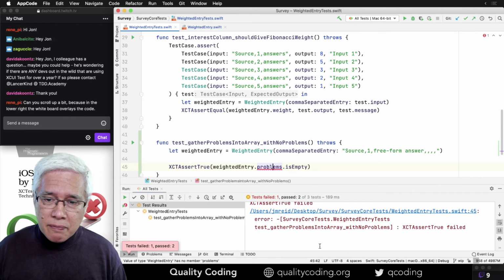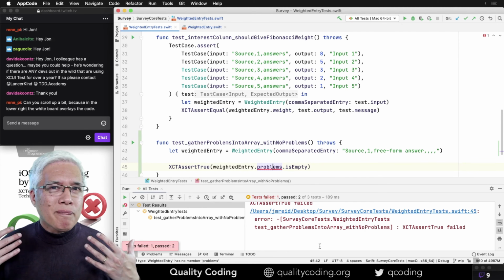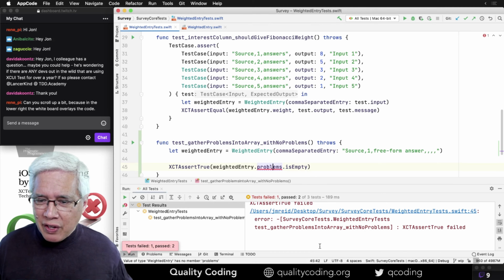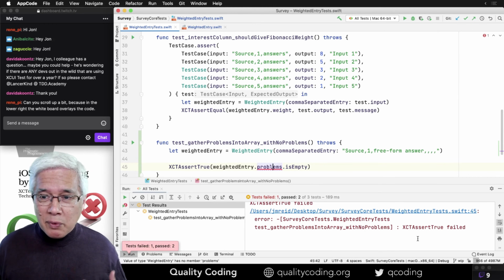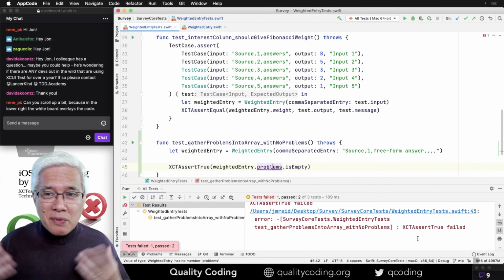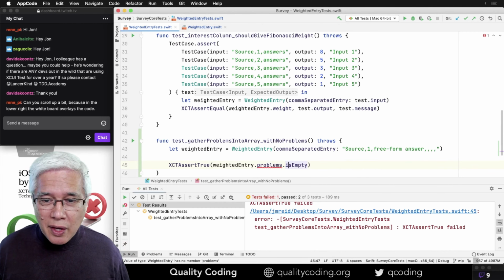And in this case, even though I used is empty, because that seemed more Swifty to say that, look at the problem we have here. This is not something I planned on. With the failure message, it just says failed. Well, it would be useful to know what was in there. Like, if something snuck into the problems, I want to know what that was.